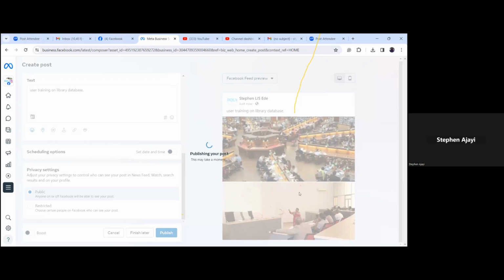So another benefit of having such posts is that it helps you to determine the level of the relevance of your social media platform in your library. Now, when you have a business suite account, what it helps you to do is